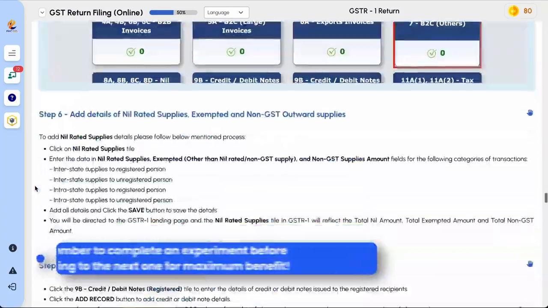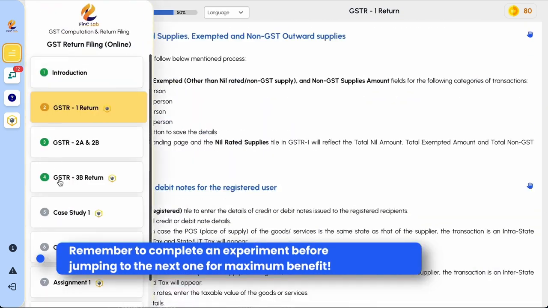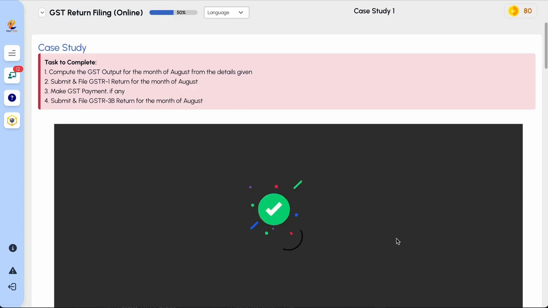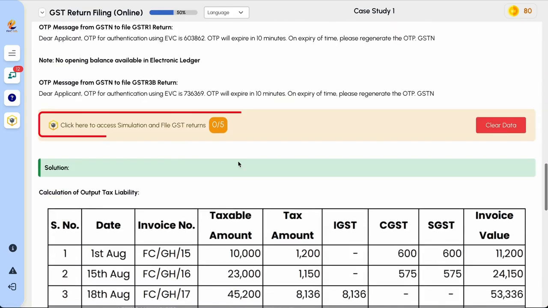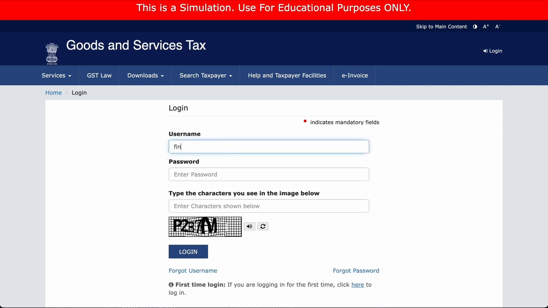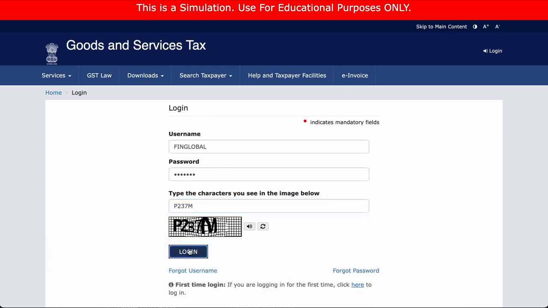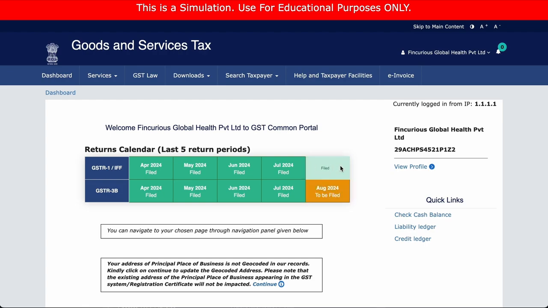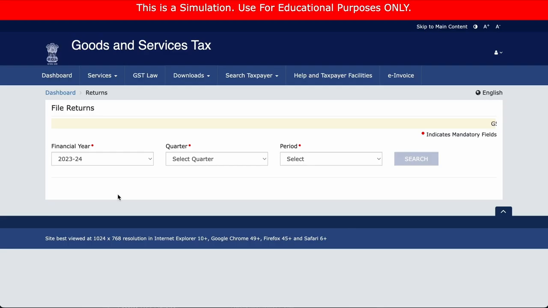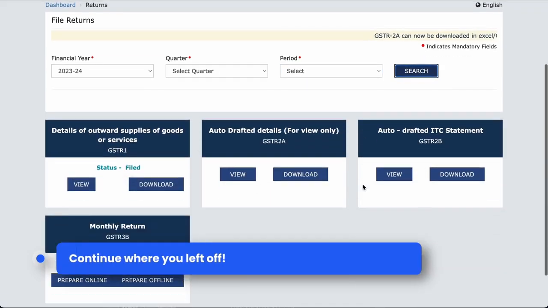That's not all. Now you get an opportunity to practice the filing in a full-fledged simulation through a practical case study and assignment by clicking on the given link in the case study. This shall take you to a new portal for solving and learning. You will get the actual experience of filing returns that looks exactly like the real portal. The simulation also saves the data which you have entered in memory, just like the original website. This will help you in continuing from where you left.